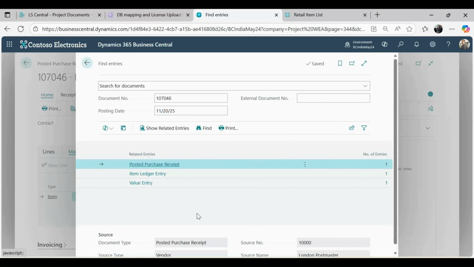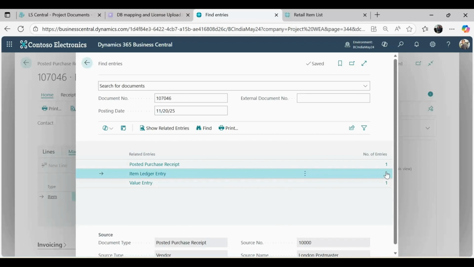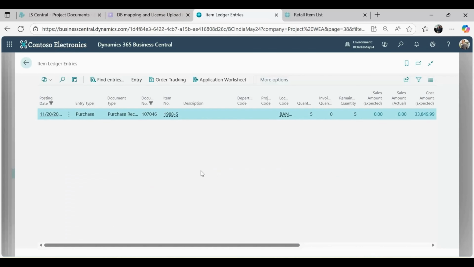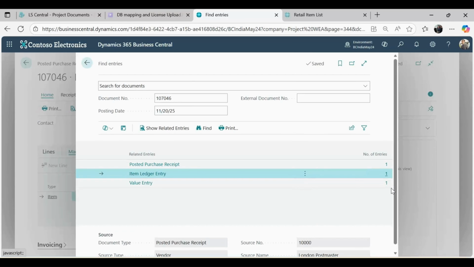So, with the posted purchase receipt, item ledger entries and value entries have been created. Within the item ledger entries, we can see that this entry is a purchase entry. The stock has increased by 5 quantities. Now, if we go to the value entries